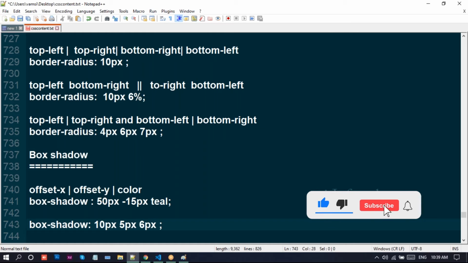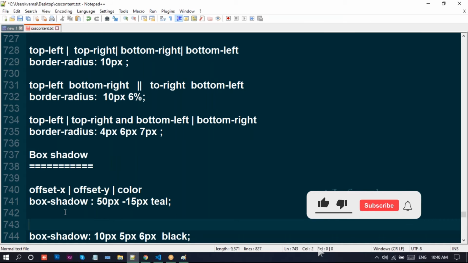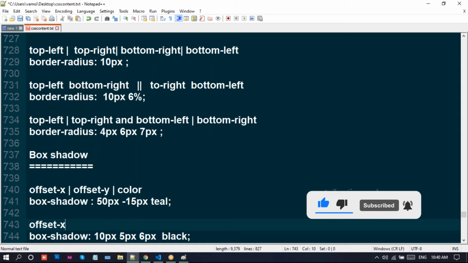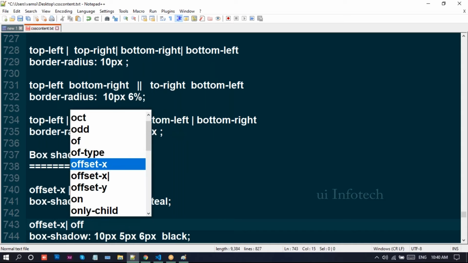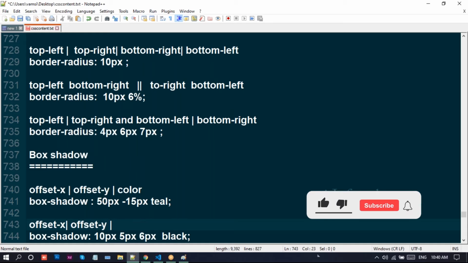So three values stand for offset x, offset y, and the third one is blur radius, and as usual, color.